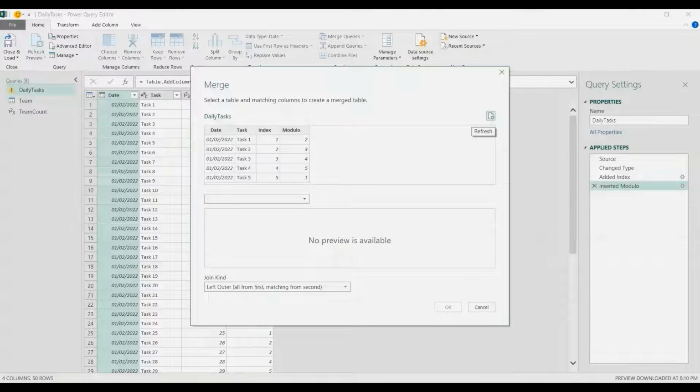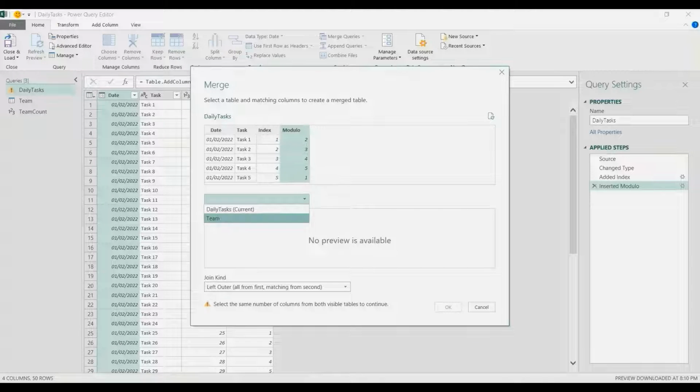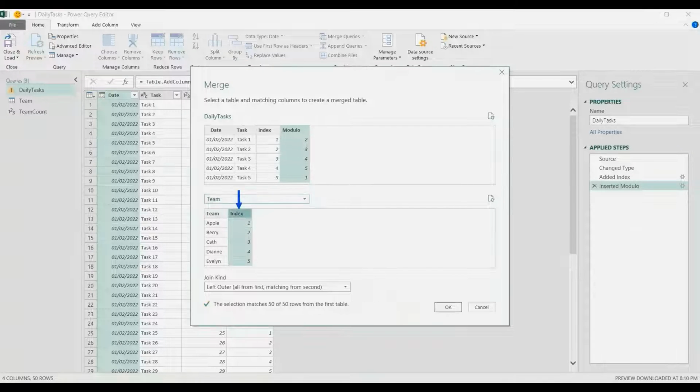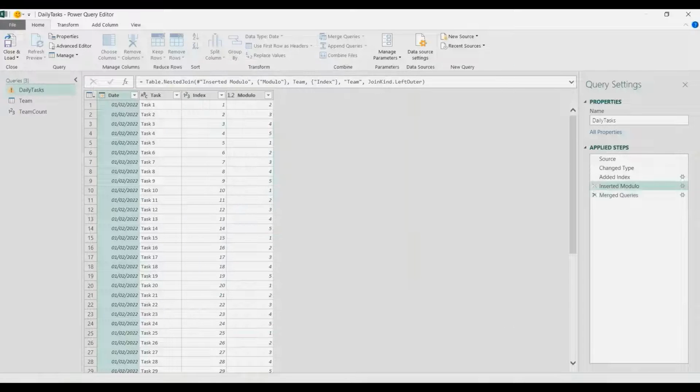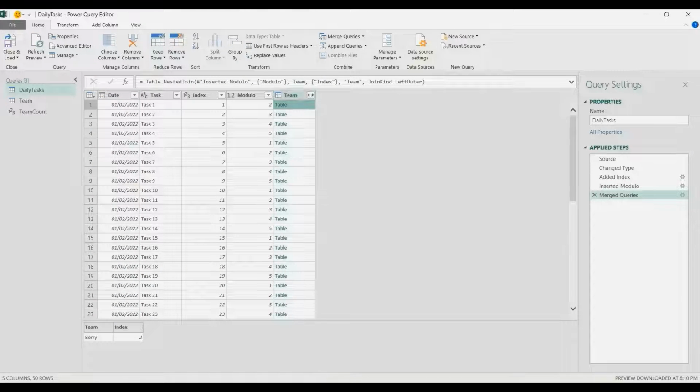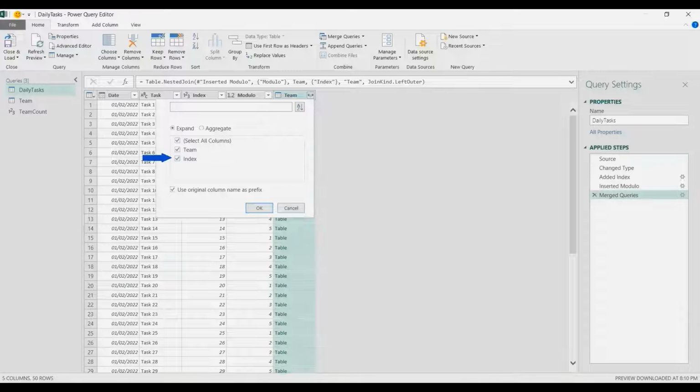And in the first table, daily tasks, choose the modulo column, and then the second table will be the team. Choose the index column and then OK. And that's it. We have the table here of the name. So expand the team column, but uncheck the index and then OK.